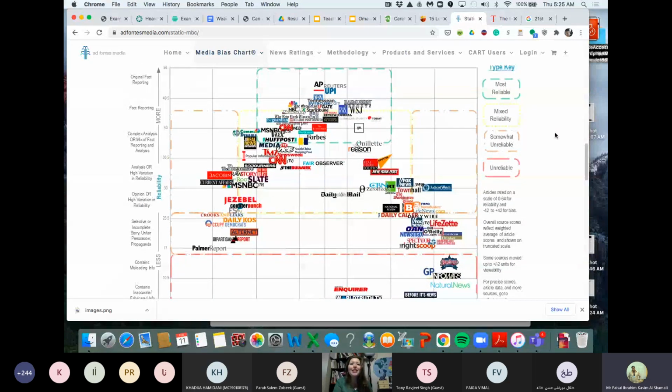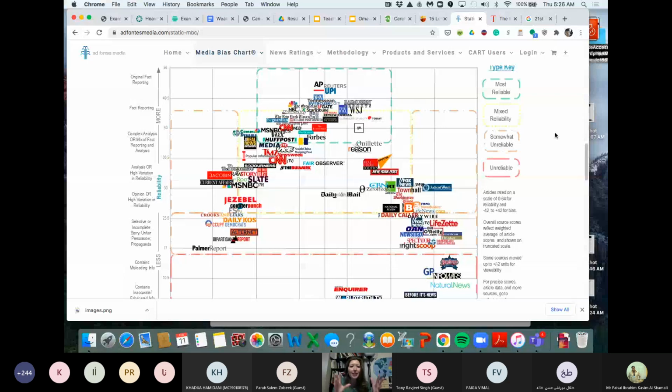Okay, so this is the media bias chart. This is what they call chart 7.0. This was just updated as of January 2021. And what this does is it takes a lot of the well-known media. There is BBC, and there's also Reuters. But a lot of these, of course, as I said, are very US-centric.